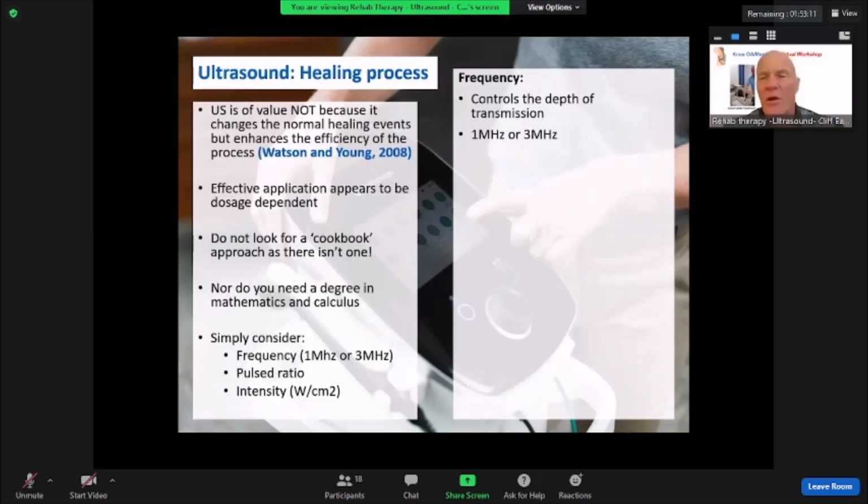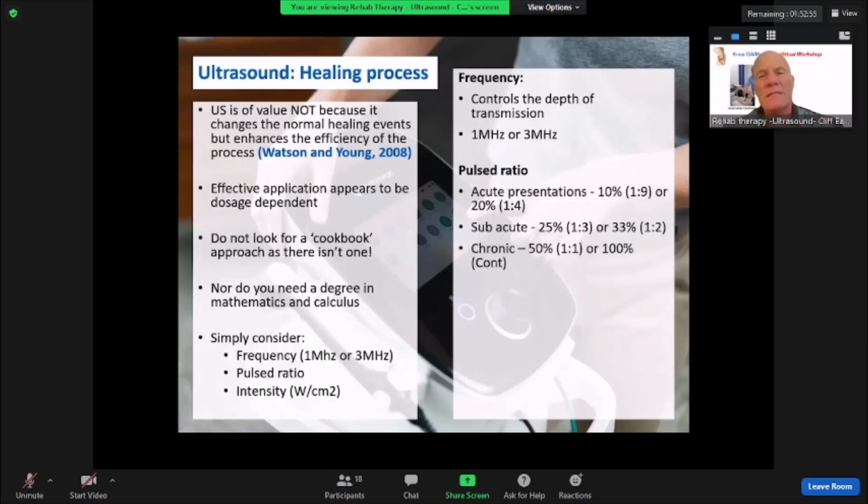Ultrasound, the depth of therapeutic penetration is determined by the frequency. You can have 1 megahertz or 3.3 megahertz available. Now it's actually converse for those who don't know. So 3 megahertz is better for superficial, with a depth of penetration down about 2 centimeters. Over 2 centimeters, 1 megahertz is for deeper structures. So it's not the higher number that goes deeper, it's actually the lower number that goes deeper.